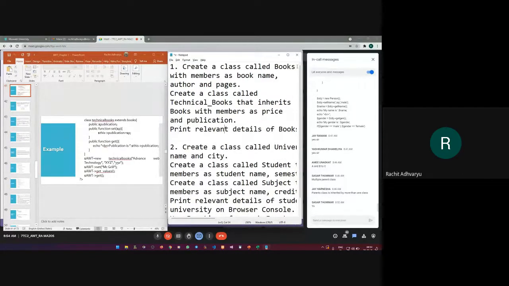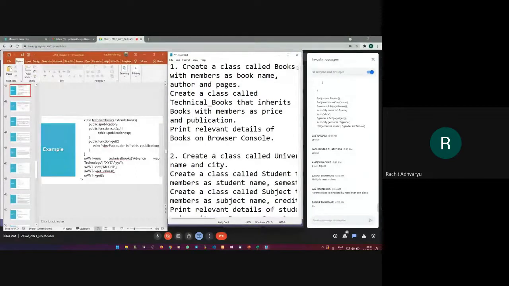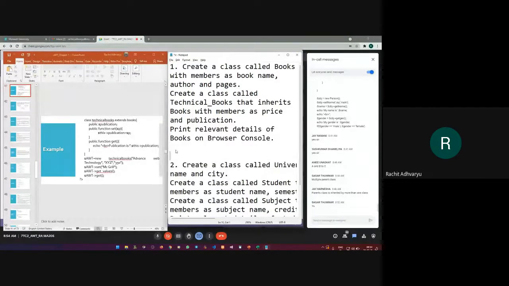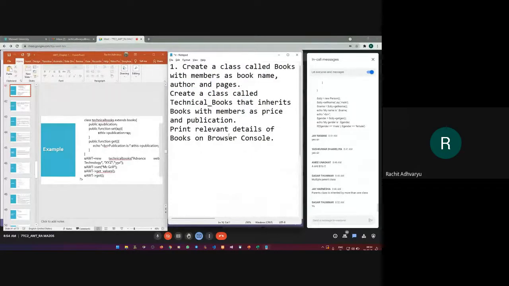First, complete the first one and let me know in the chat the answer. And then you go for the second one. I'm not showing you the second one right now.